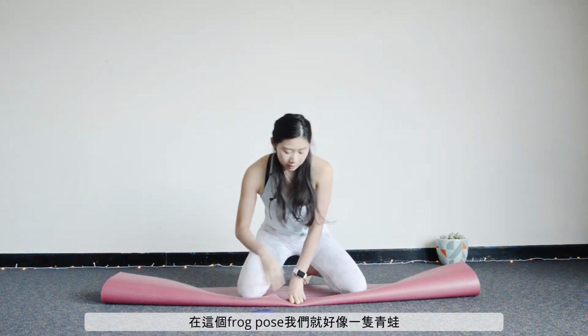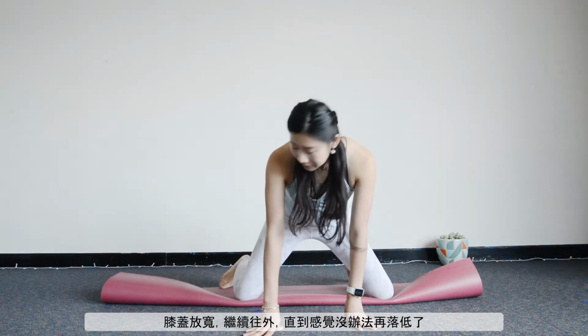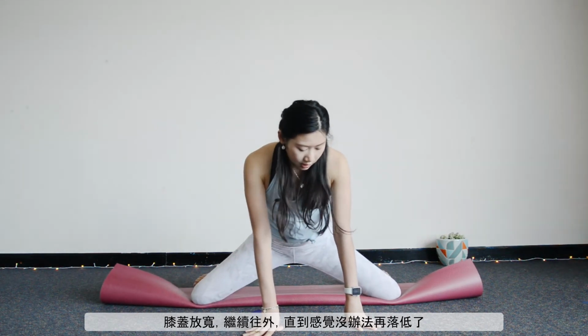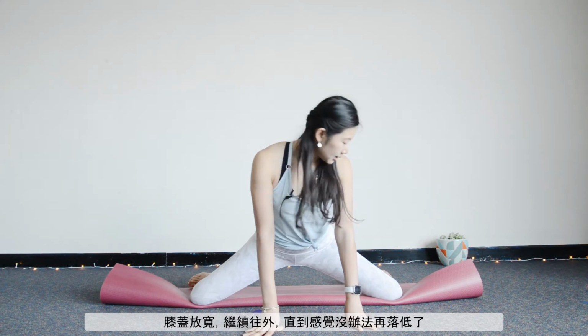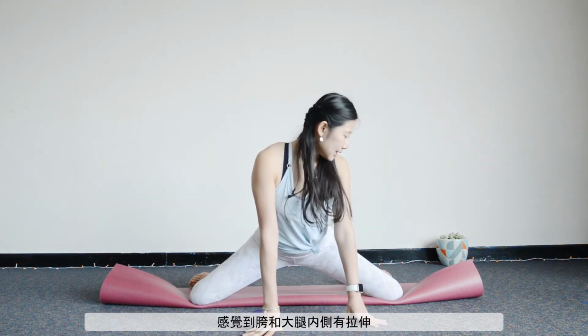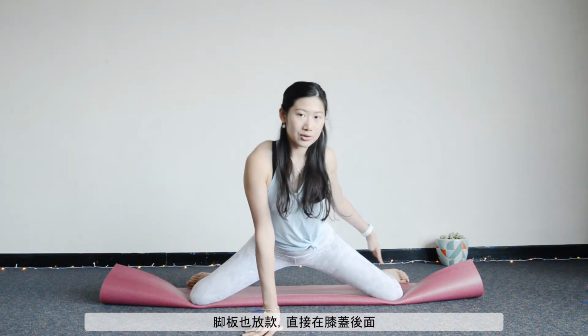So with frog pose, we're essentially looking like a frog. We're bringing the knees a little bit wider, and you're just walking your knees away from each other until you feel like you can't go any further. You're going to feel that stretch here into the groins, into the inside thighs. And you want to bring your feet a little bit wider so they're just in a straight line directly back